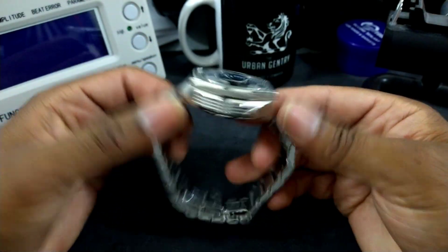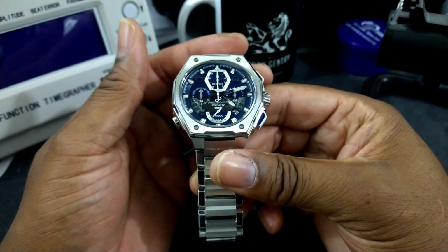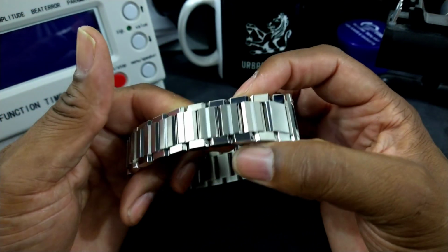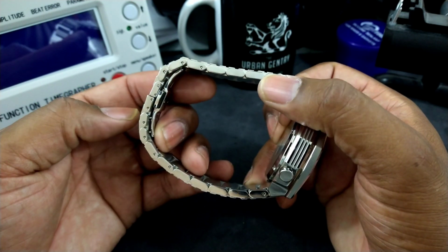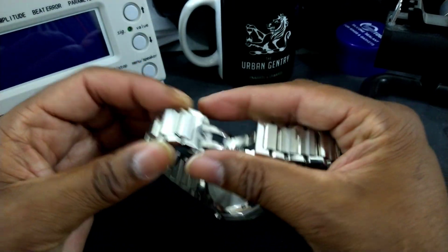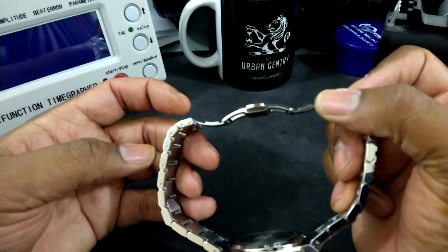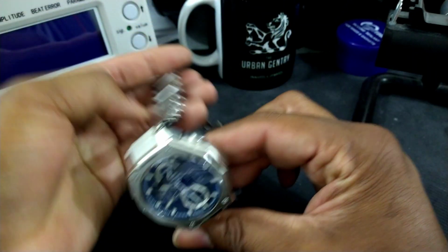Let's start out with the negative things. The number one thing in my mind is the size. The heft of this watch is gigantic. The watch is gargantuan. The bracelet, although it is a great looking bracelet, I love the way it looks. The butterfly clasp, I'm okay with that. Twin trigger deployant, I'm okay with that too. But what I don't like about it is it has pins, and I think it would have been better if